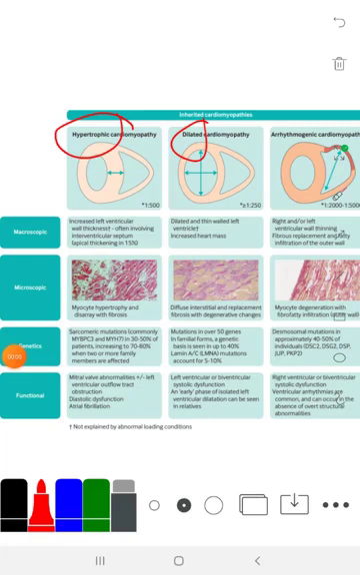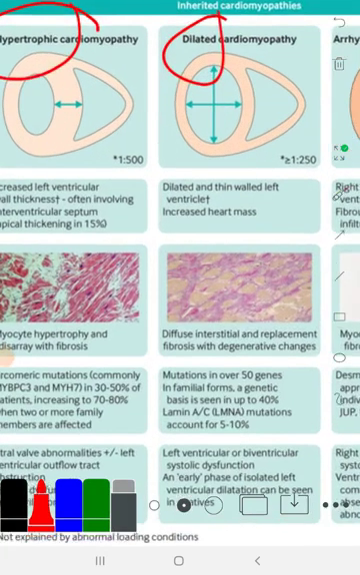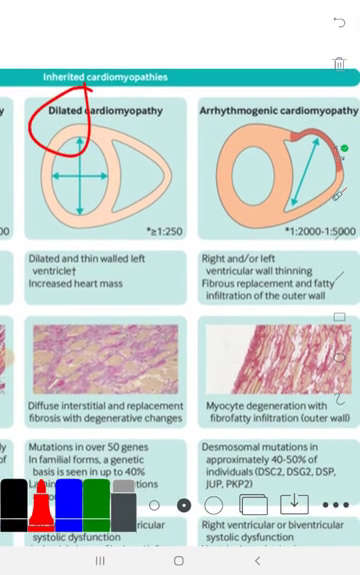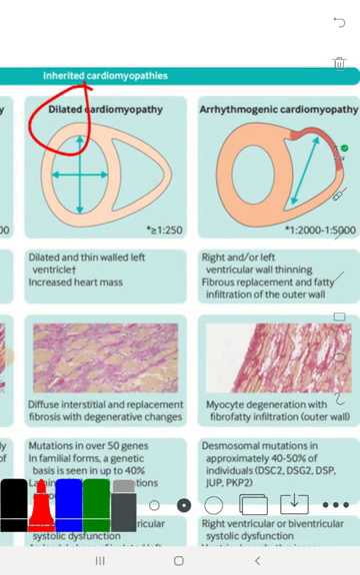Today we will learn about cardiomyopathies. There are different types of cardiomyopathies, like hypertrophic cardiomyopathy, dilated cardiomyopathy, and arrhythmogenic cardiomyopathy. So we will start with